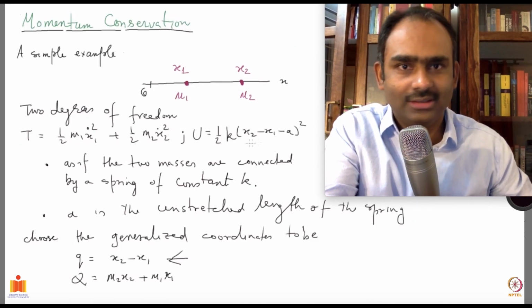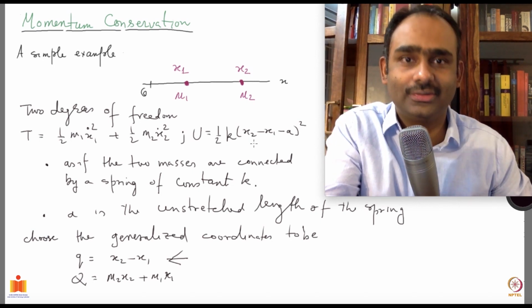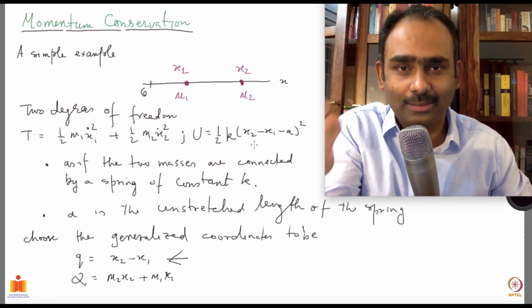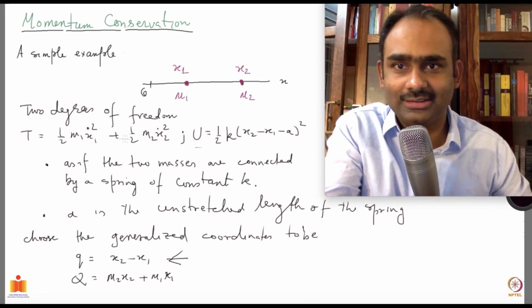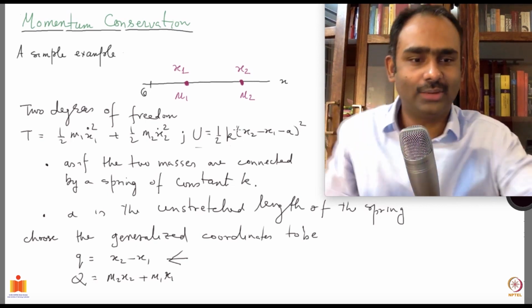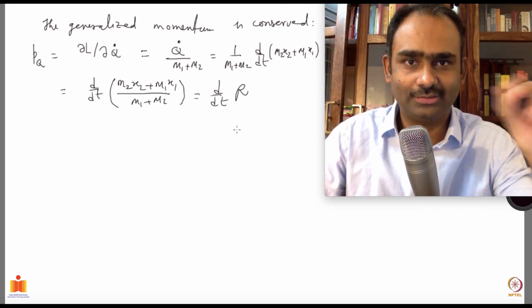U cares not about x2 and x1 individually. It doesn't care where exactly the first or second particle is. All it cares about is the difference between those locations. And here these are velocities, so it doesn't care about the locations. And that is why you are getting this conservation law, that the center of mass is moving with